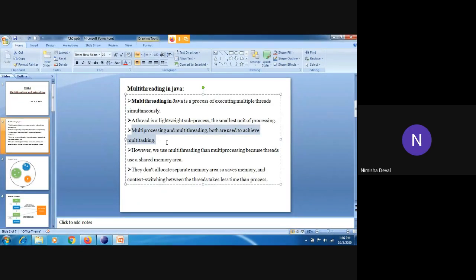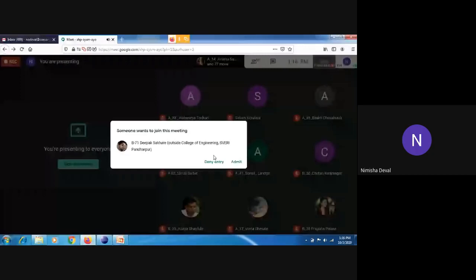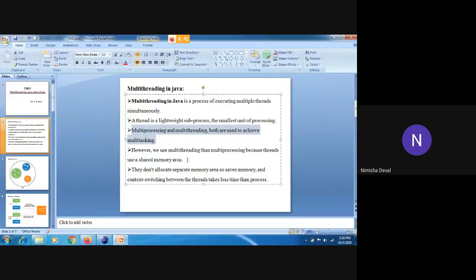Before moving towards multiprocessing, we will first completely see the multi-threading parts. Memory and context switching between threads takes less time than between processes. Context switching means,